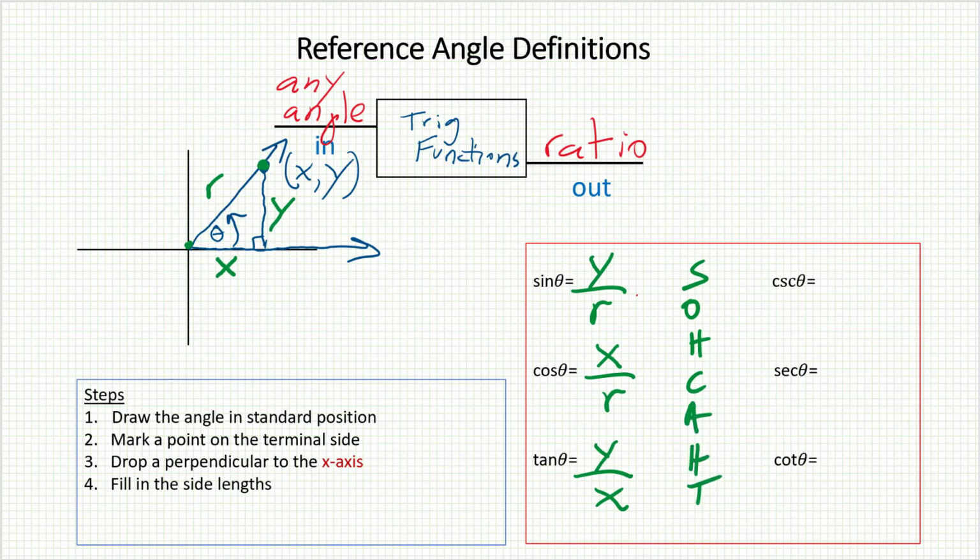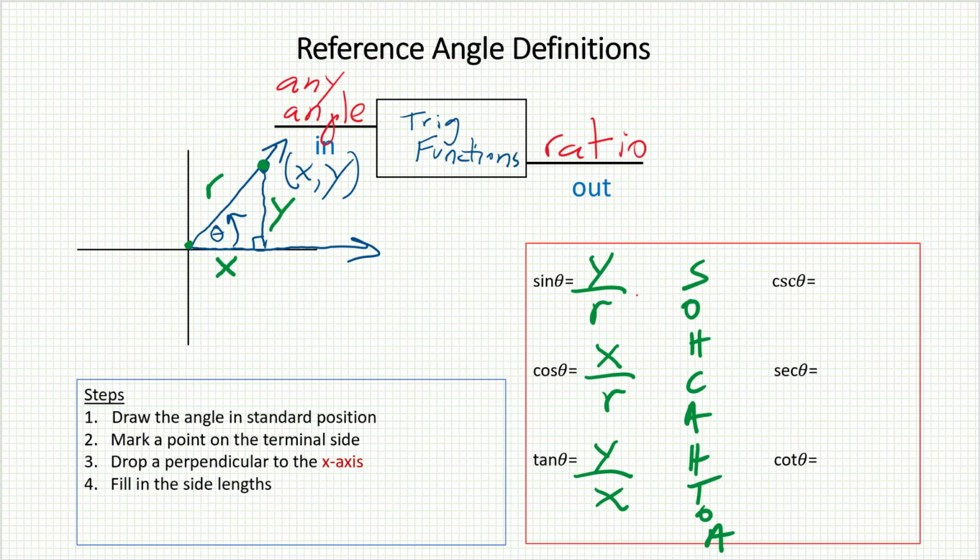Take a look at the picture. You have sine is y, the opposite, over r, the hypotenuse, SOH. You have cosine is x, the adjacent, over r, the hypotenuse. You have tangent is opposite y over adjacent x. So these definitions remain true to our former definition while broadening it out to allow for any angle to be